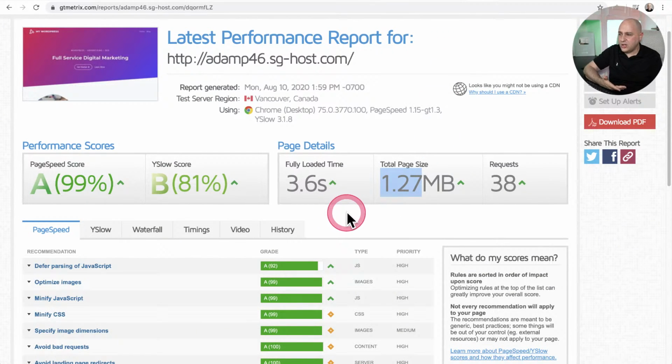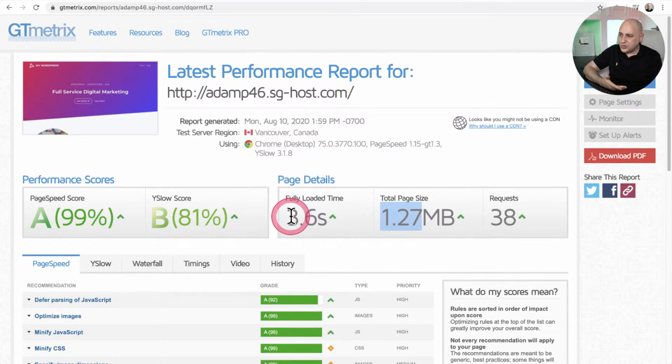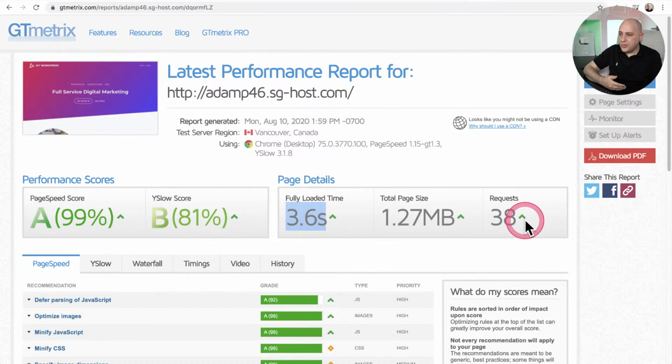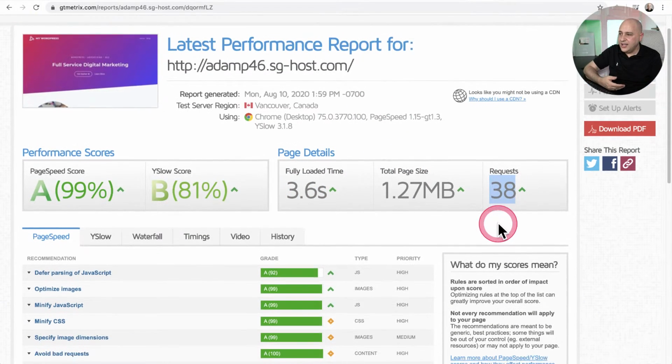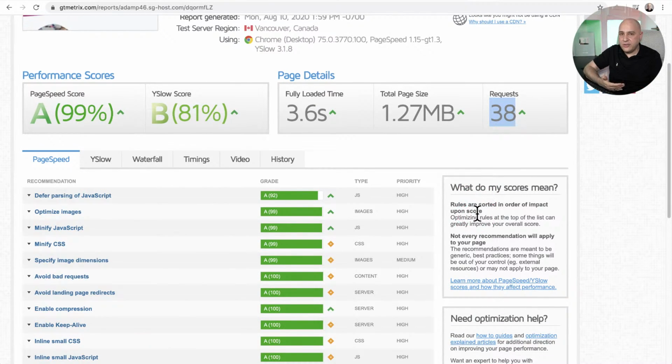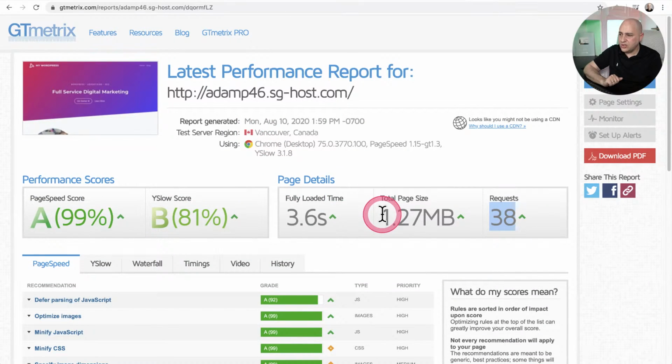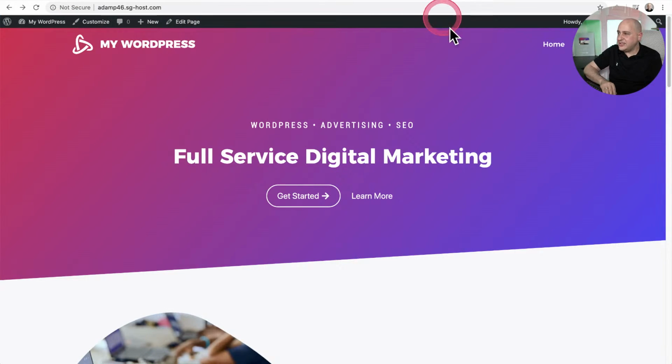But you can see the scores are really good. I think this 3.6 is not a Gutenberg thing, and actually that is not really the time you are waiting to actually see and interact with the site. So if I go here and go to the top and do a refresh, you can see it's already refreshed. I mean, I didn't wait 3.7 seconds. Anyways, the point is it doesn't add a lot of requests, and it's very lean right out of the box. And you're going to get high scores right out of the box. And I'm sure there's some little tweaks you can do with the caching plugin to improve this further. Anyways, that is Kadence